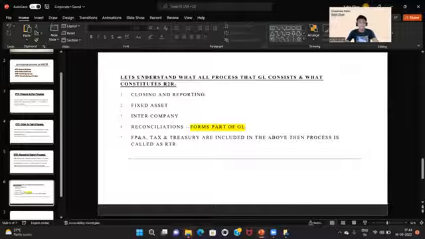But apart from these four sub processes, we have FP&A, tax, and the treasury system. Financial planning and analysis, tax, and the treasury, then we can say that process is the R2R, that is the record to report process. So in short, record to report process should have closing and reporting, fixed asset, intercompany,